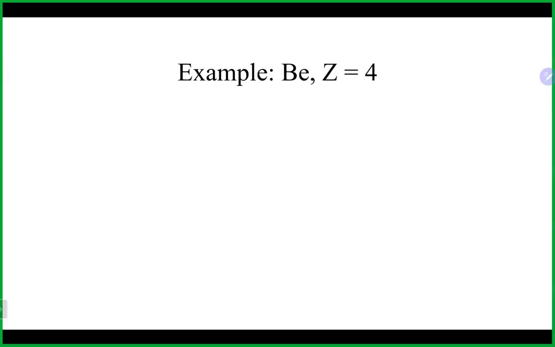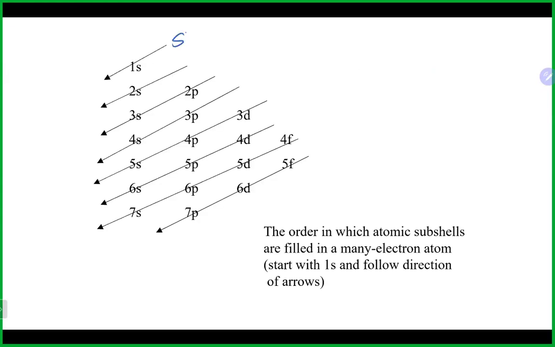So beryllium is number 4 in the periodic table, which means it has 4 electrons. Again, we come back to our chart, always starting up here. We're going to hit our 1s like we did. We're going to zigzag back. We're still going to go here. And at that point, we should be good on this one. So that's going to give us, for beryllium,